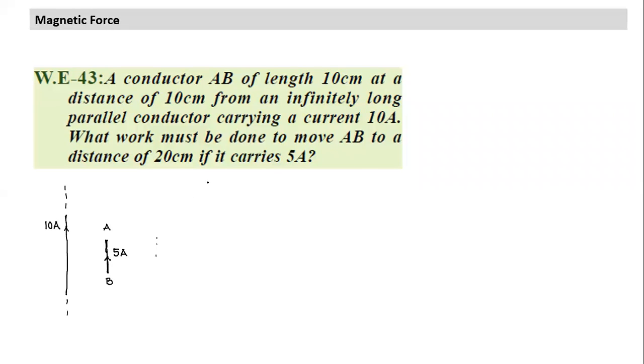So this question is about work done. Why would we do work when we change the separation? We need to look at why the work is done. We already know that if currents are flowing in the same direction, there will be an attractive force. If we take the separation between them as x, the force of attraction is a function of the distance between them. As the distance keeps changing, the force will keep changing. So this is a case of work done by a variable force. Force is a function of x.